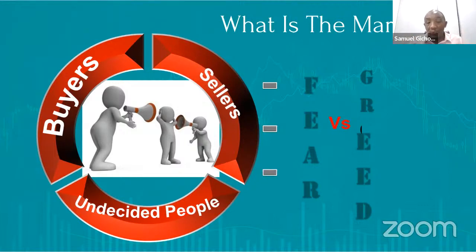And if you can tell what undecided people will do, whether they're going to sell or buy based on the information you have. Imagine when COVID came, if you had realized that foreigners would want to run back to their markets with their money, it means they would be selling. And since they normally hold over 70% of shares like Safaricom, then what will happen? The shares will go down. So at that point, you sell your shares, wait. And then when the share has gone down significantly, you can come back and buy.